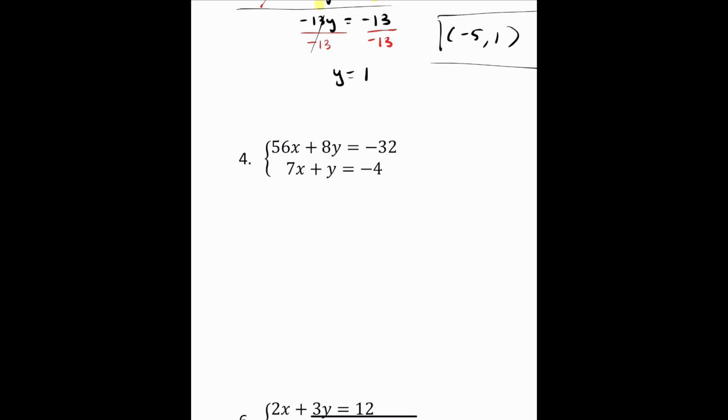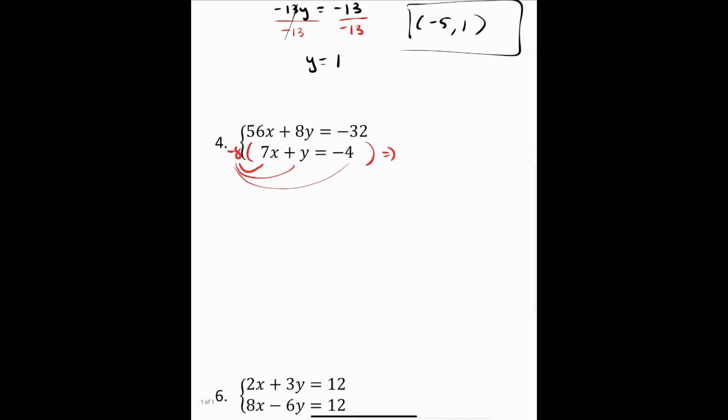But if I look at 8y and y, the y values here, I'm going to manipulate the second equation. So what I'm going to do here is multiply each term of this equation by negative 8. Because look, we have positive 8y,